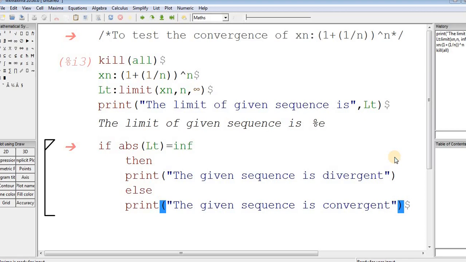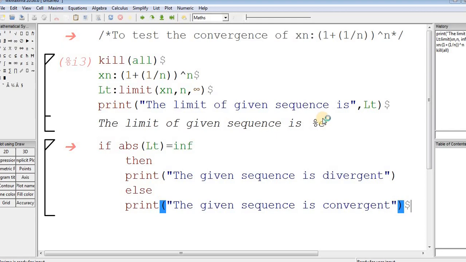Now see here, for testing convergence we use: if the absolute value of the limit is equal to infinity, then print the given sequence is divergent; if it is not infinity, then print the given sequence is convergent. As we know, its limit value is e, which lies between 2 and 3, that is 2.71 and some decimal values.